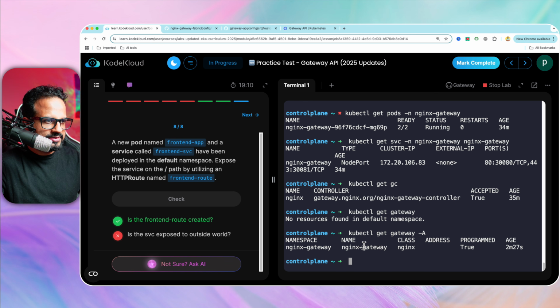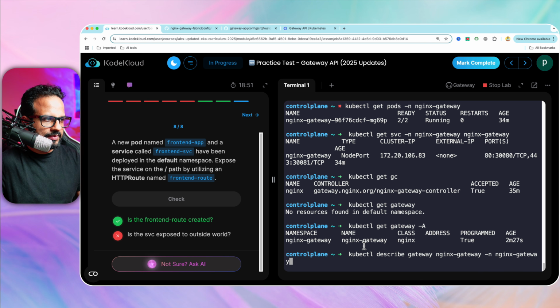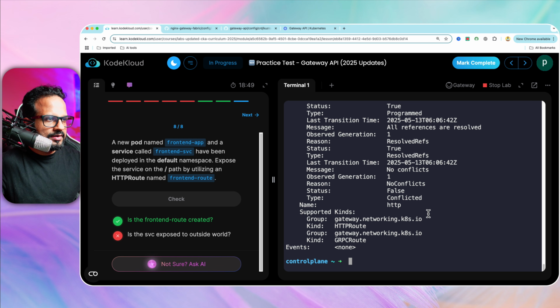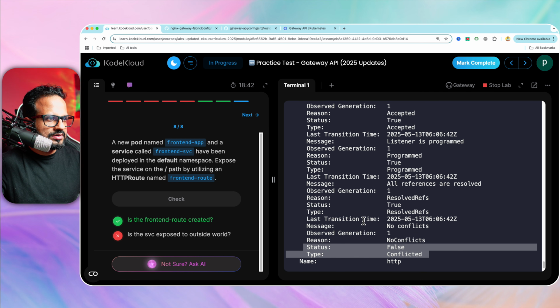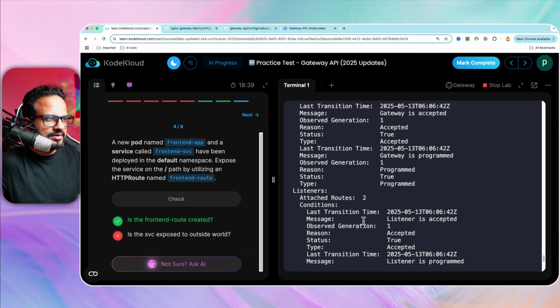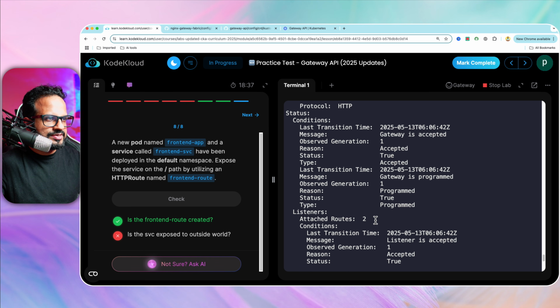Let's open this. kubectl describe gateway, and we need to provide the namespace name as well. Okay, says gateway is programmed,